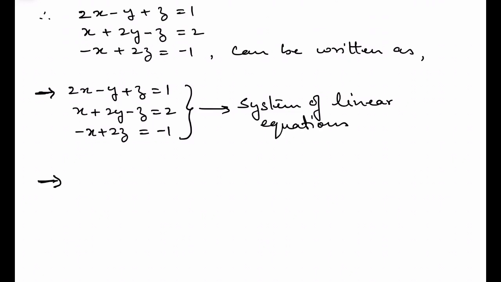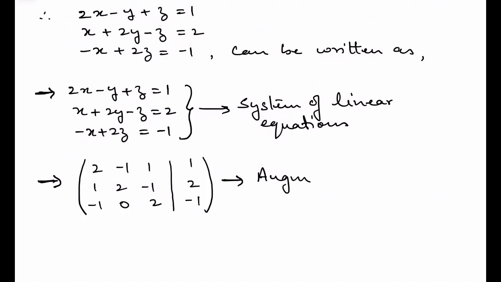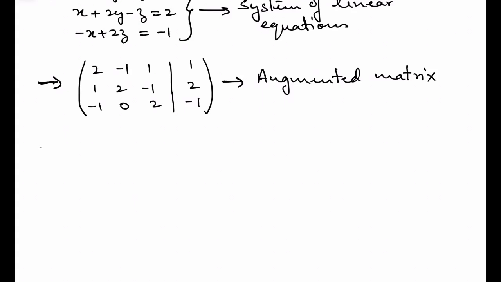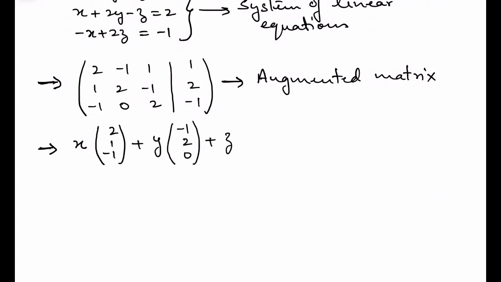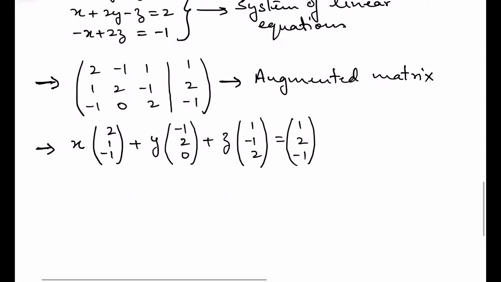It can also be written as the matrix with rows (2, minus 1, 1), (1, 2, minus 1), (minus 1, 0, 2) augmented by (1, 2, minus 1), and this is in augmented matrix form. And similarly, we can write it as x times (2, 1, minus 1) plus y times (minus 1, 2, 0) plus z times (1, minus 1, 2) is equal to (1, 2, minus 1), and this is in vector equation form,